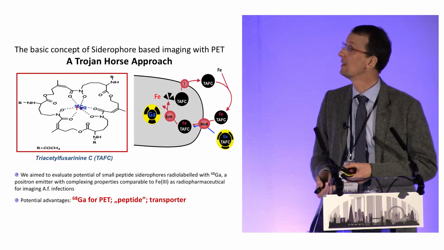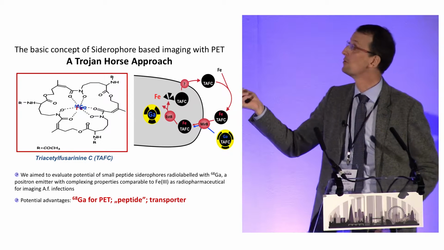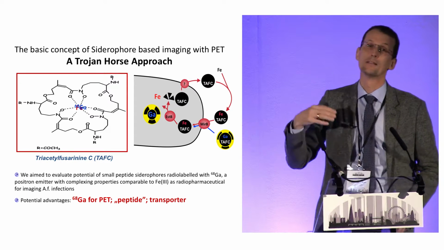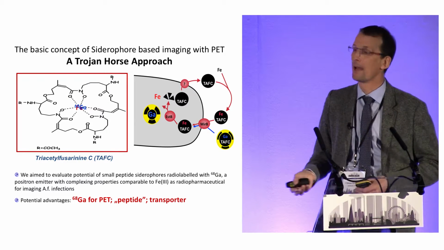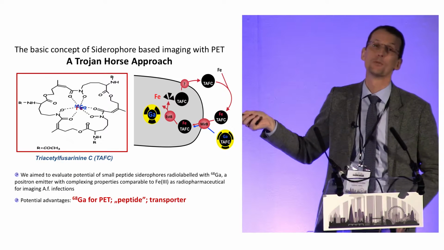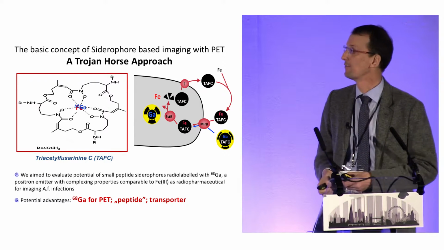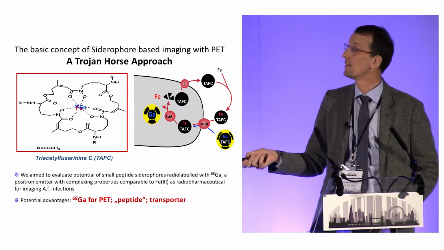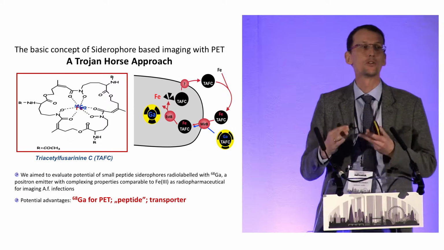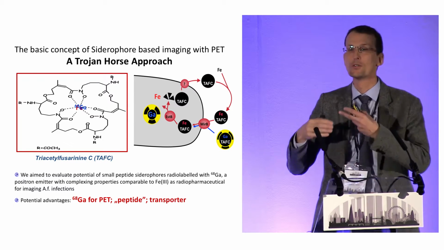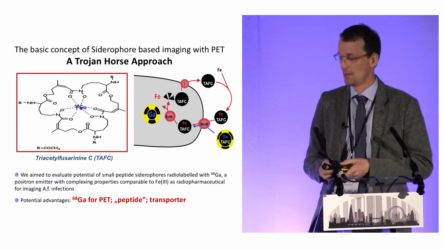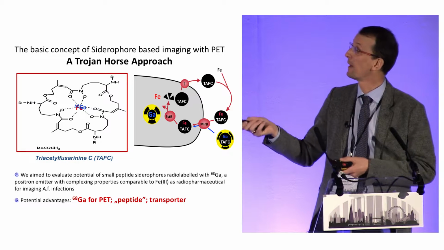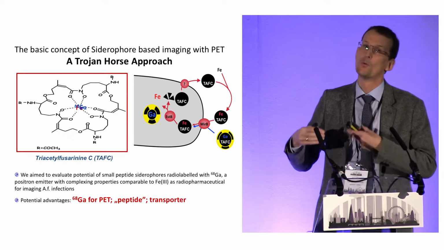So that was the idea, and thereby introducing a radioactive signal inside the fungus, thereby having an active transport mechanism into the fungal infection. With the advantages in that you have gallium-68 with a very short half-life, you can use it for positron emission tomography that has a very high sensitivity and resolution, and you have a kind of peptide that we know has